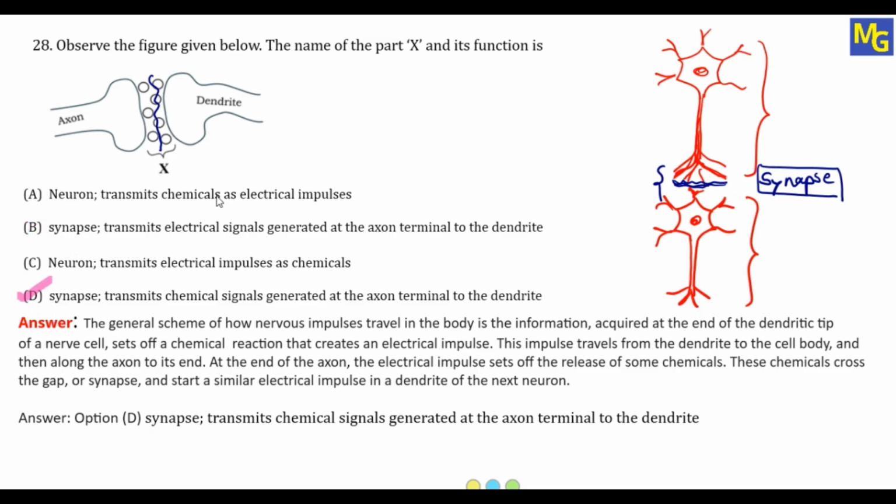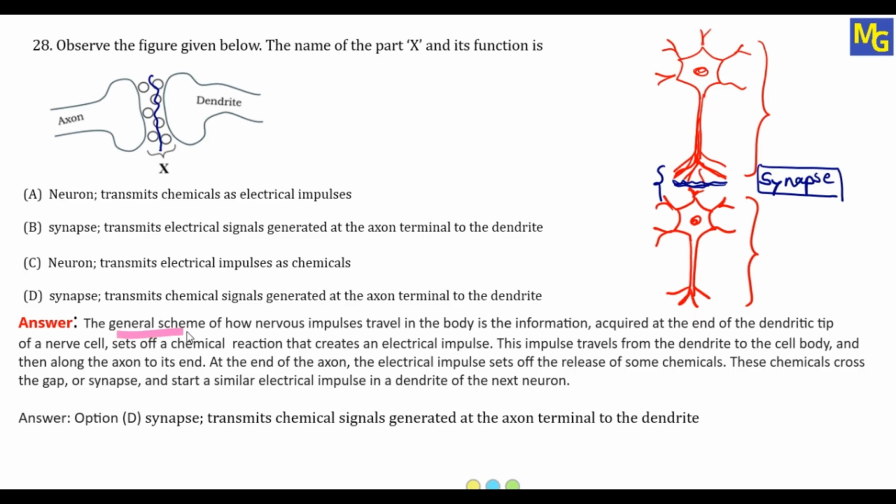And for this, we have to see the role. What is the function of this synapse? So you can see the B option. It transmits electrical signals generated at the axon terminal to dendrites, and option D says transmits chemical signals generated at the axon terminal to the dendrites. So we have to find out what is the correct one. For this, the answer,